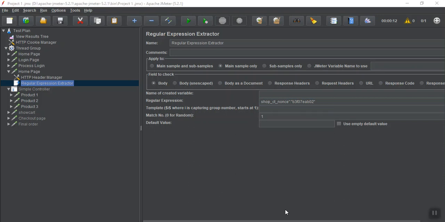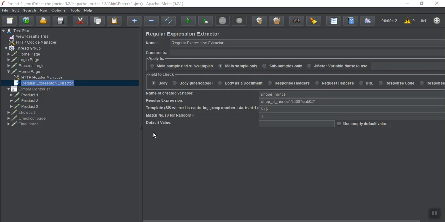Template $1, and give the variable name as shop nonce. This is the variable which will be useful for us.